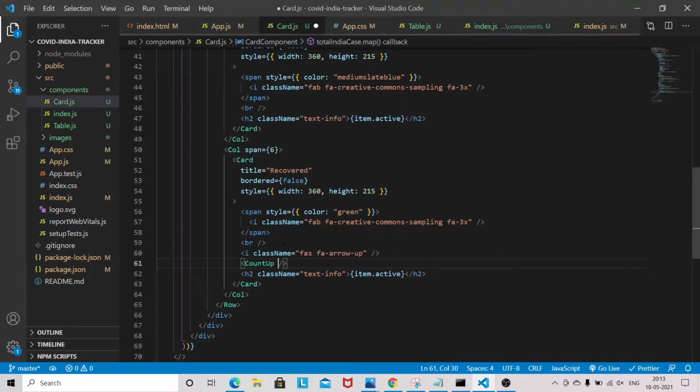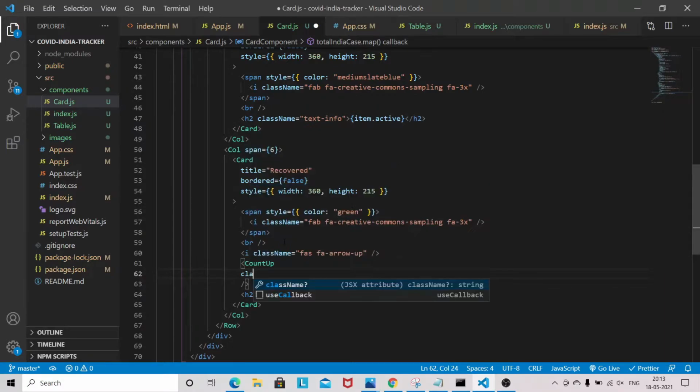So count up will receive the class name count.